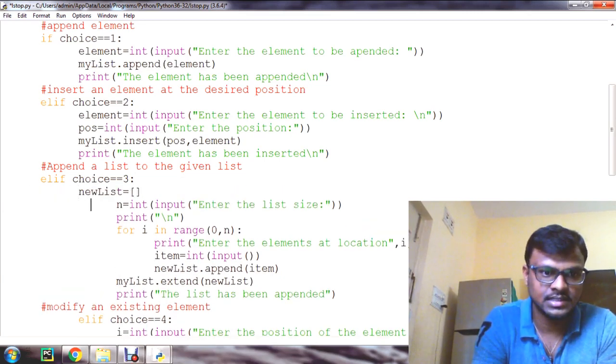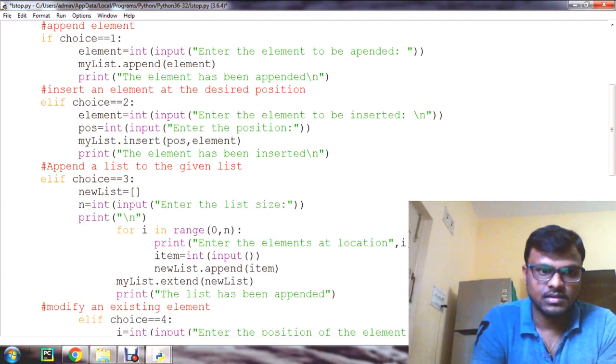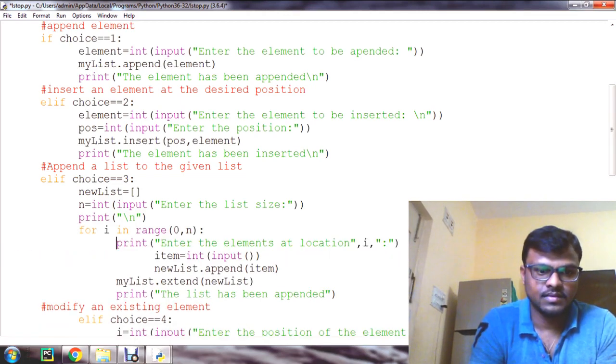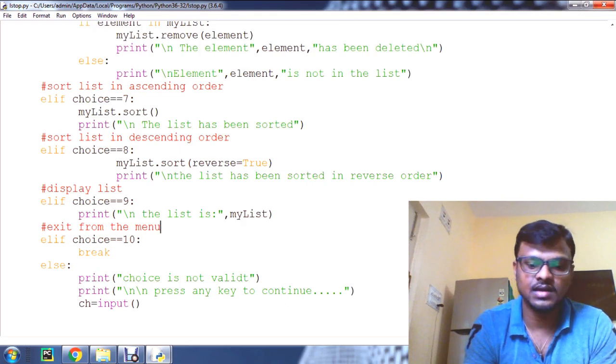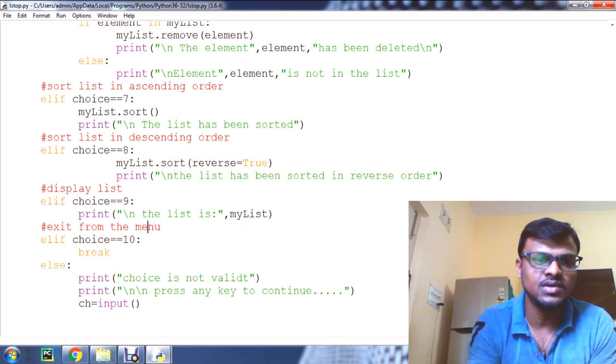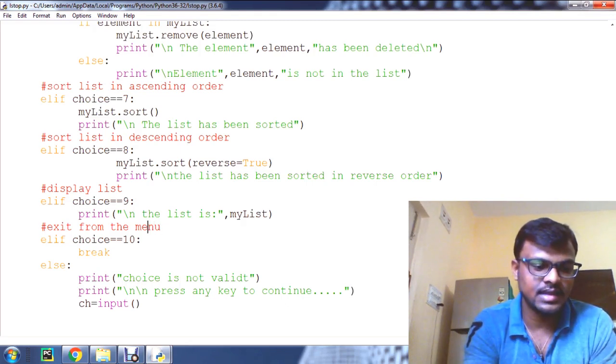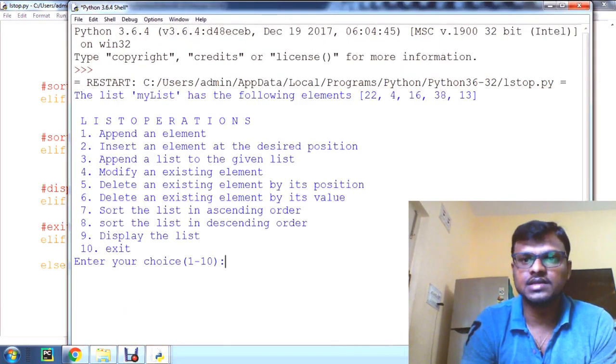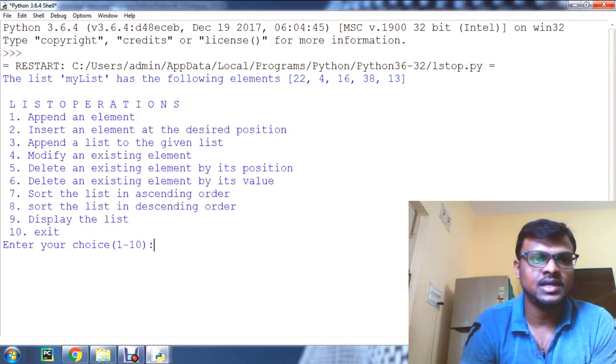Let's change it. Well guys, I have changed the indentation. Now we'll again save and run. Okay, yes, it's getting output.